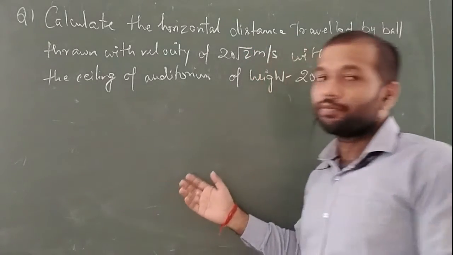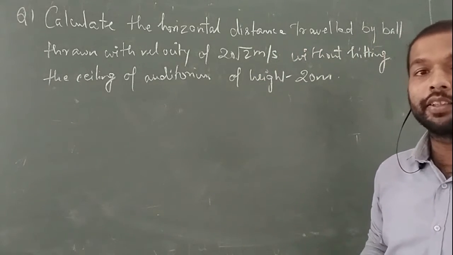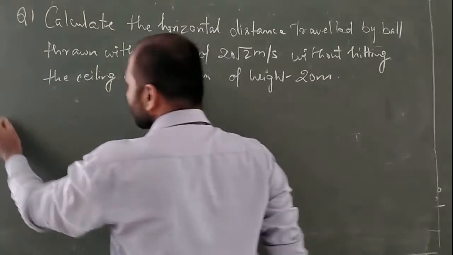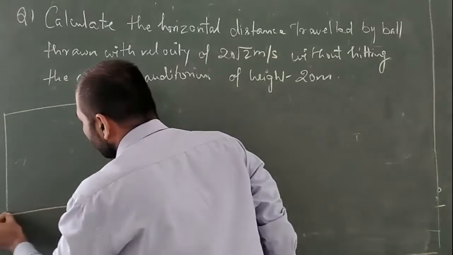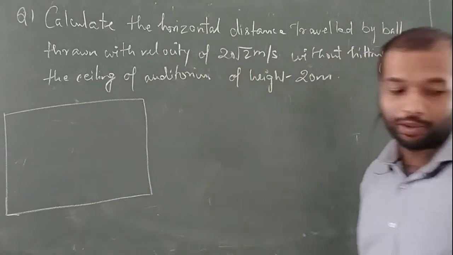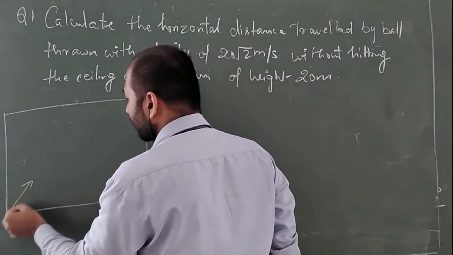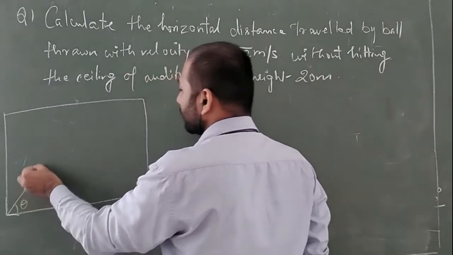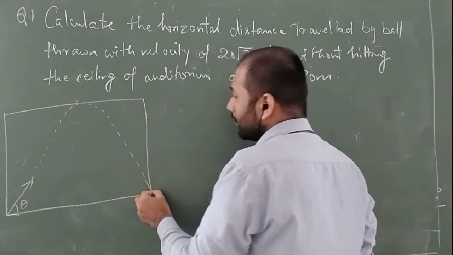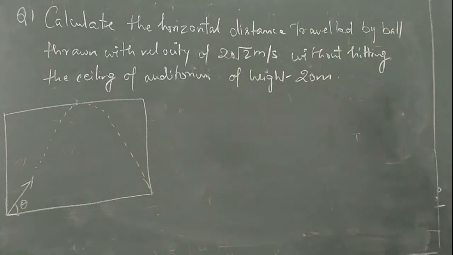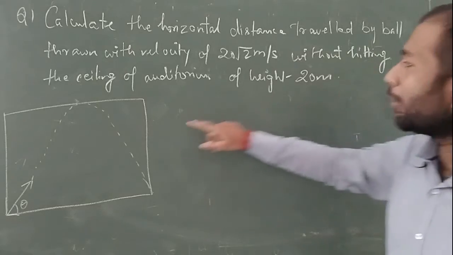First draw the diagram. Whenever you read a question and if you are not getting the idea, just make a diagram and then think over it. Alright, so let's say this is our auditorium. Auditorium is a very big hall. You can also say this is like a seminar hall. So what is given, let's say a ball is thrown from here, let's say at angle theta. At what horizontal distance it should travel so that it will not hit, without hitting the ceiling.